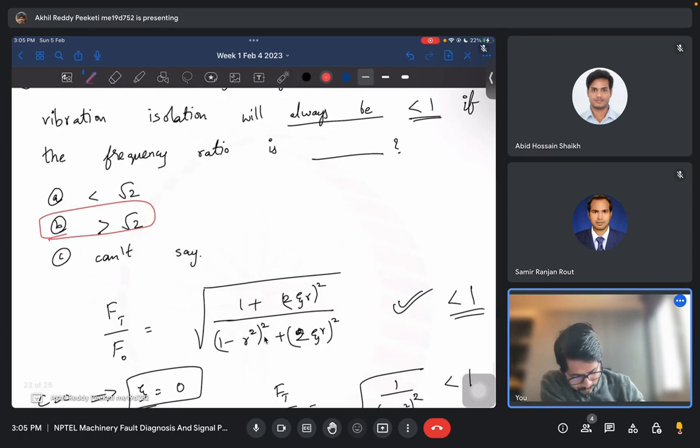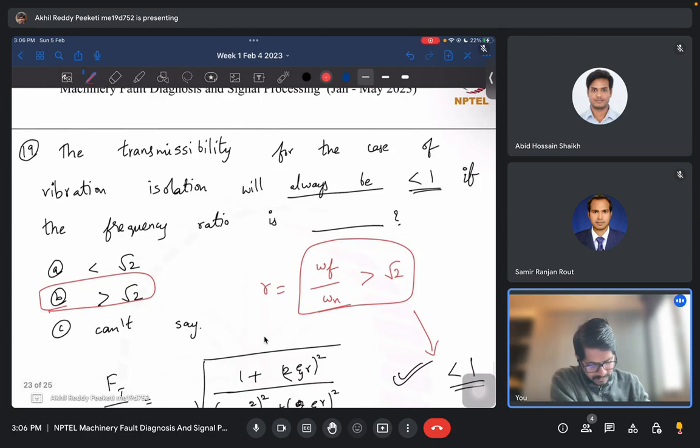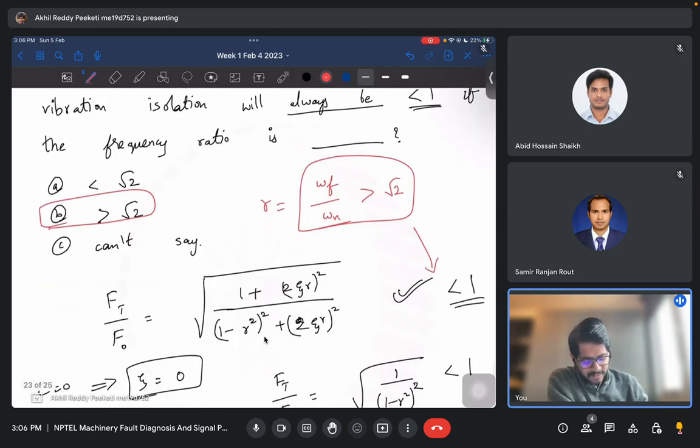So when you have such a case between the forced frequency and the natural frequency, then the transmissibility will be less than 1. Okay. Yeah. I hope this is clear. Now this you can do in multiple different ways. You can write it in